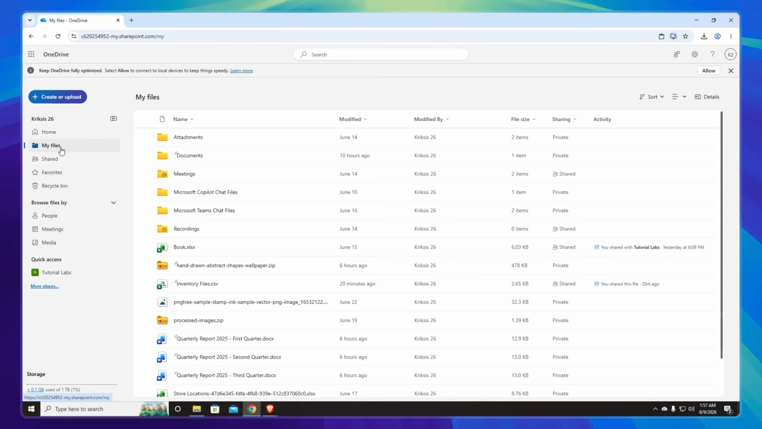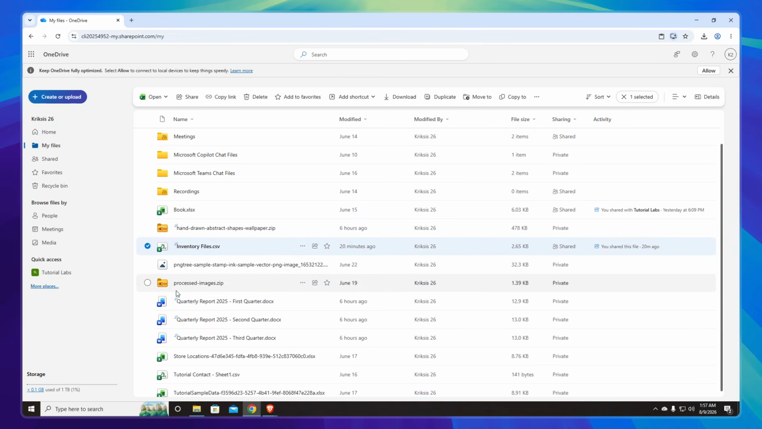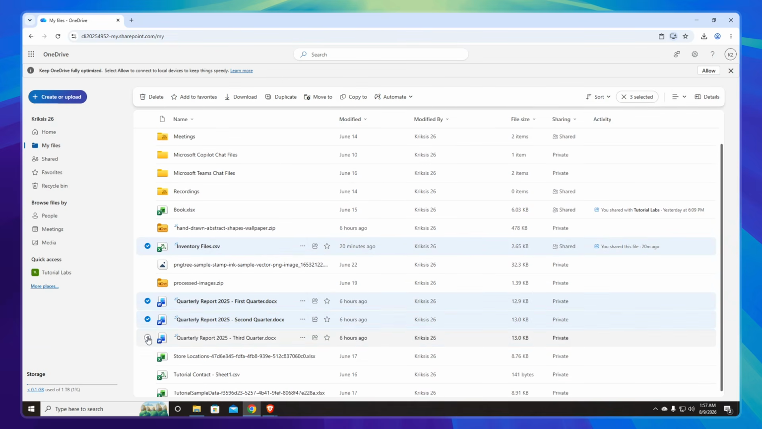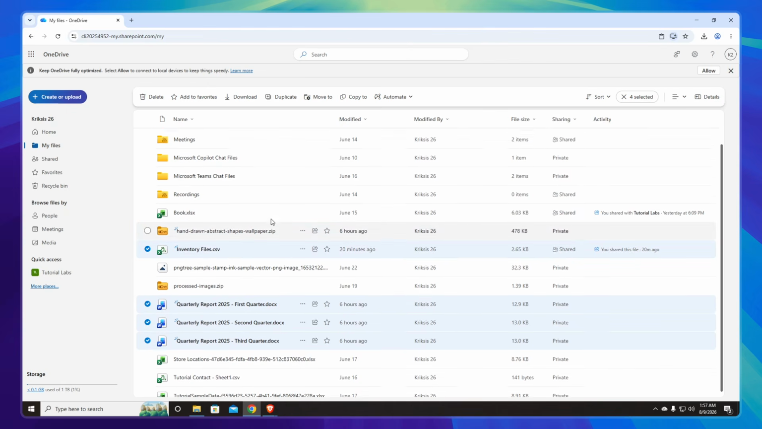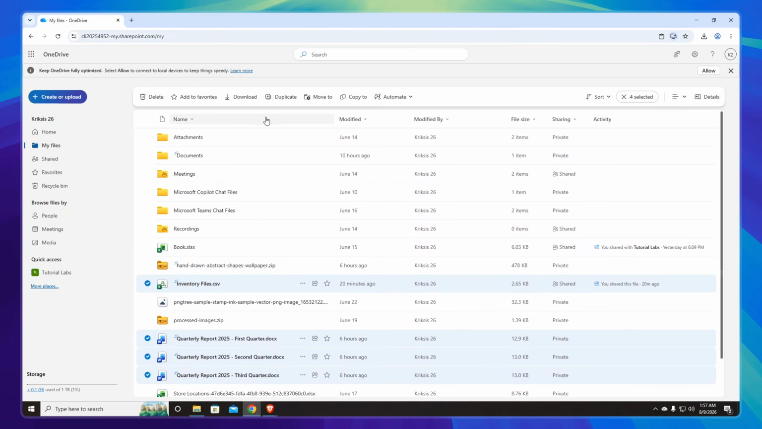Now, to download files to your computer, start by selecting the file you wish to download. If you need to download multiple files at once, you can do so by clicking on the check mark that appears next to each file name. This allows you to batch download several files in one go, which saves you time if you're working with multiple documents or images. Once you've selected your file or files, you'll notice an action menu appear at the top part